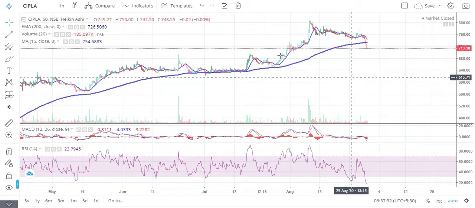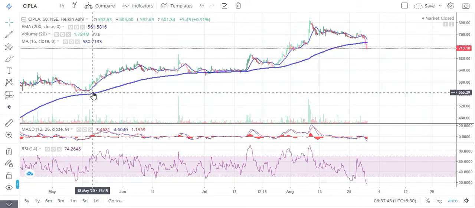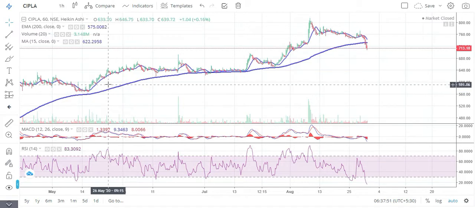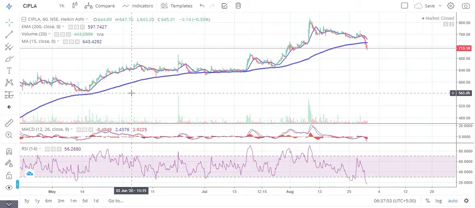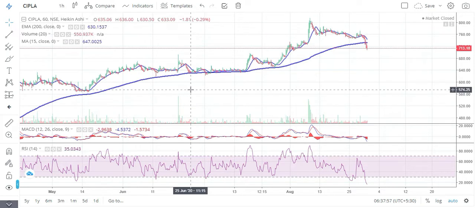Let's take Cipla. If someone's buying Cipla, there is a basic rule, right? You buy at the dip and you sell at the high. But now how do we know which one is a dip or which one is a high? That's the question everyone has. Is it the lowest, or is it the highest? Where do I buy? To answer that, we go with something called the moving average price.